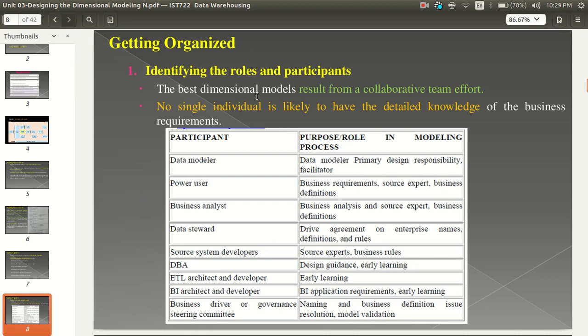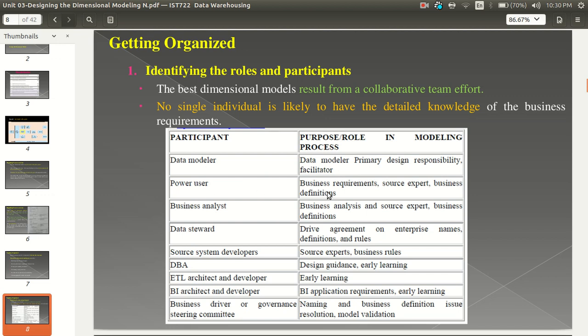Okay, so the first one is identifying the roles and participants. It's nothing but the best dimension models result from a collaborative team effort. No single individual is likely to have the detailed knowledge of the business requirements. So based on that you have to define different participants and their roles. The data modeler's role is primary design responsibility, or it works as a facilitator.